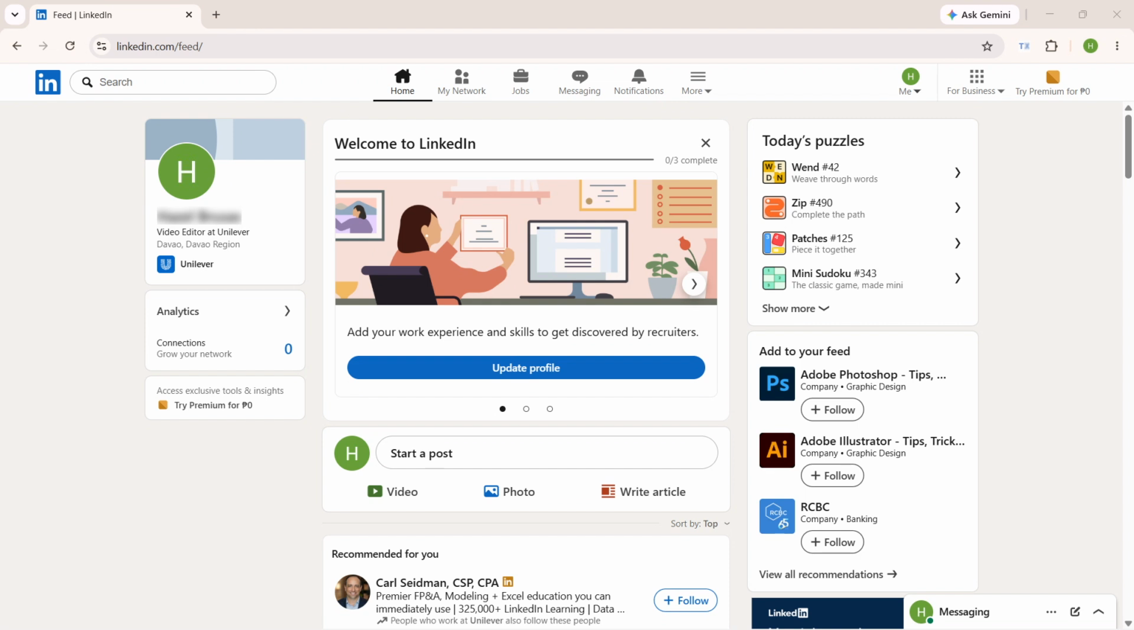To begin, open LinkedIn and make sure you're on the main feed page. This is the standard home screen you see after logging in, and it's the starting point for accessing all of LinkedIn's main features. If you're already on another page, just return to the feed first so you can follow along